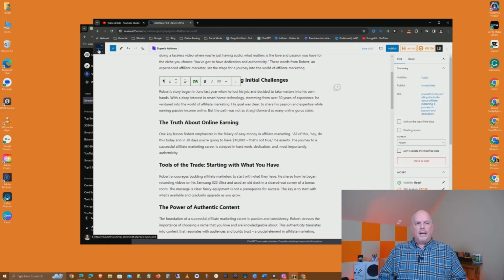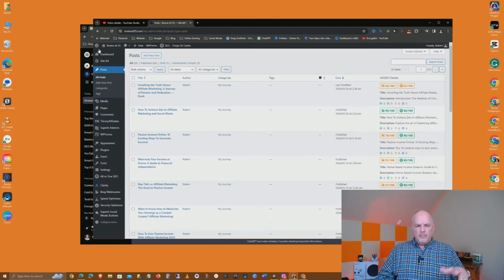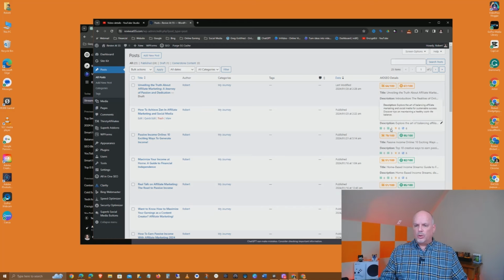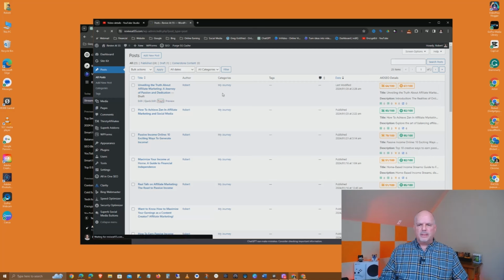Now, what I normally do with my blog post is I make sure they're all properly SEO formatted. I use All in One SEO in my WordPress, so you can see over here on the right-hand side, these orange and green boxes that tell me like a score. Some of them are better than others, obviously. And I'm just going to go ahead and delete this test one we just did